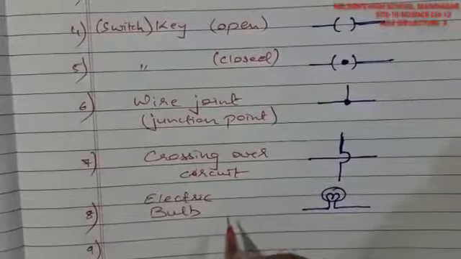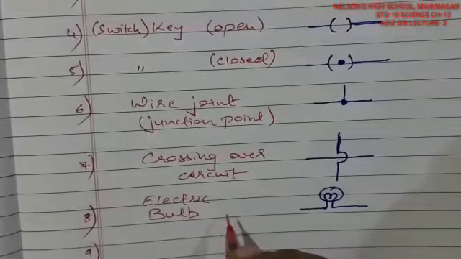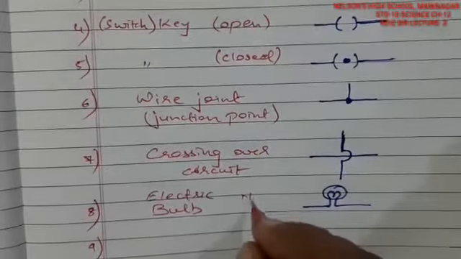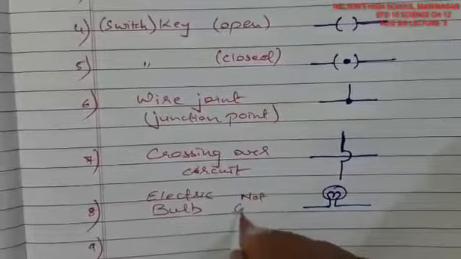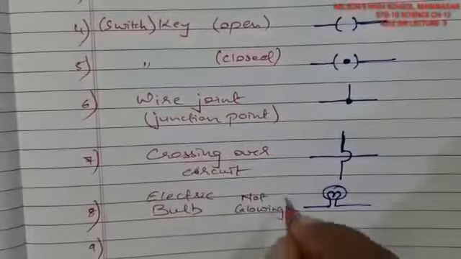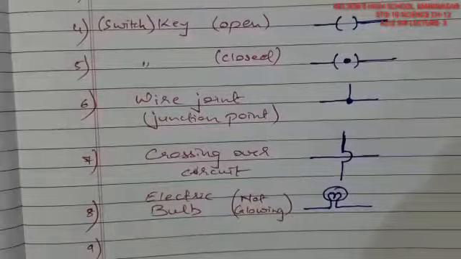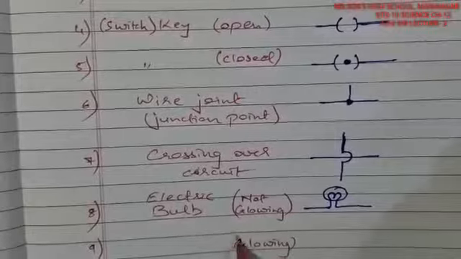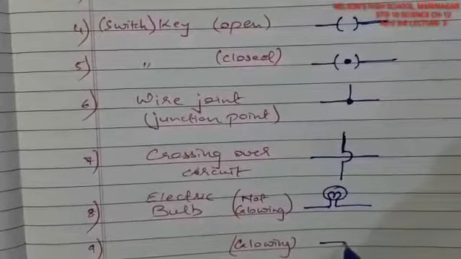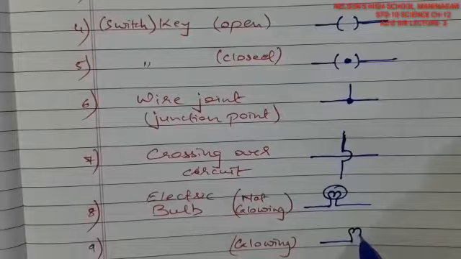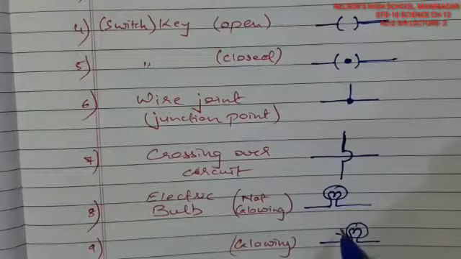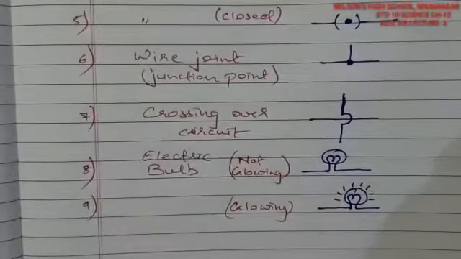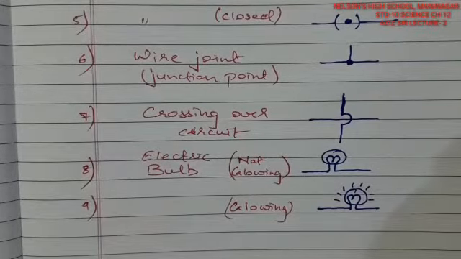The ninth is, I would say, the non illuminated bulb. That means this is non glowing, not glowing. You know, the current is not passing. If it is a glowing bulb, glowing means the current is flowing, then the symbol will turn out to be this round, two of them around, and you may make this formation. So this shows a glowing bulb. This is glowing, the light is glowing from it.